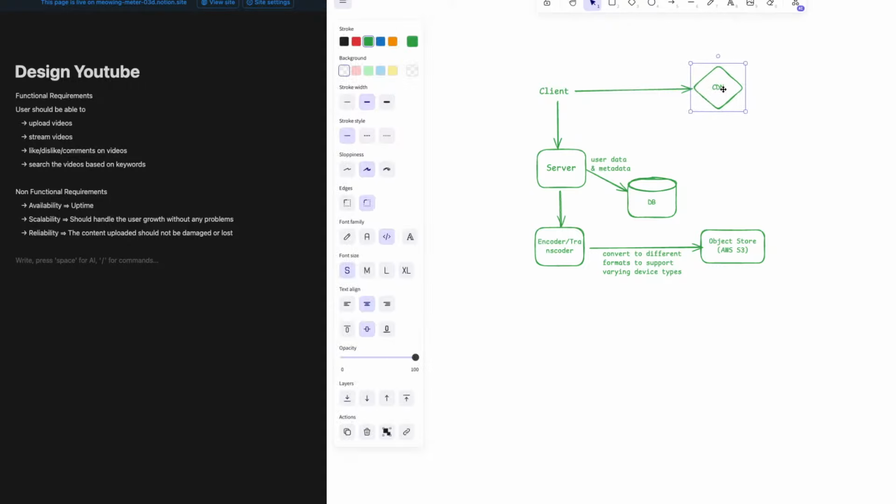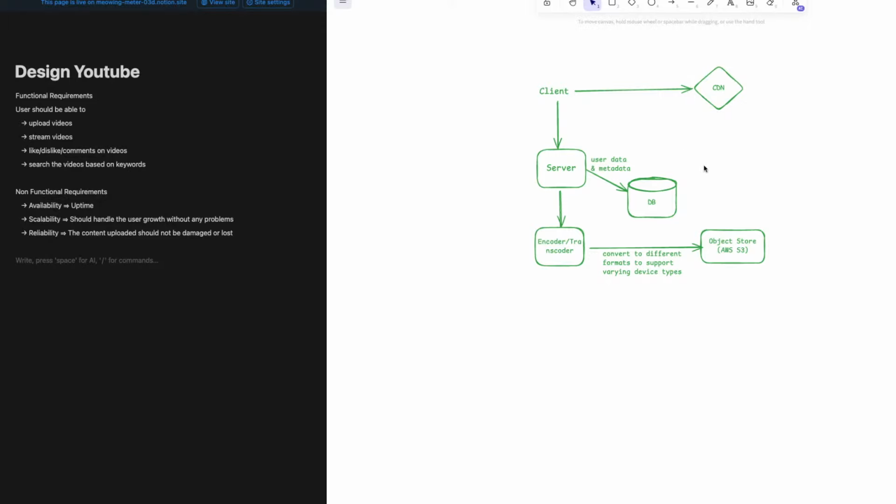So the user could have directly connected to the server and accessed the data, or directly looked it up from the object store like S3. The benefit of adding a CDN layer in between is CDNs usually serve the data from the closest geographical location, so fetching videos remains in the closest geographic location. So that would reduce the